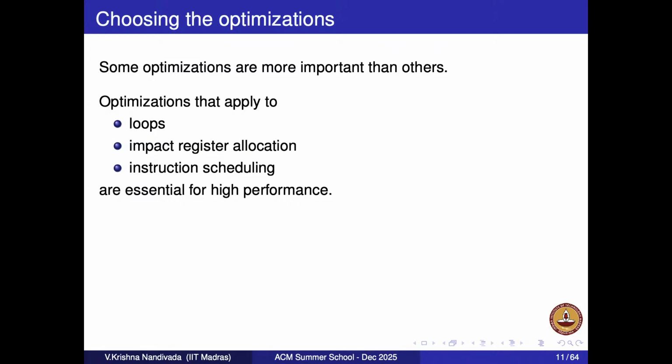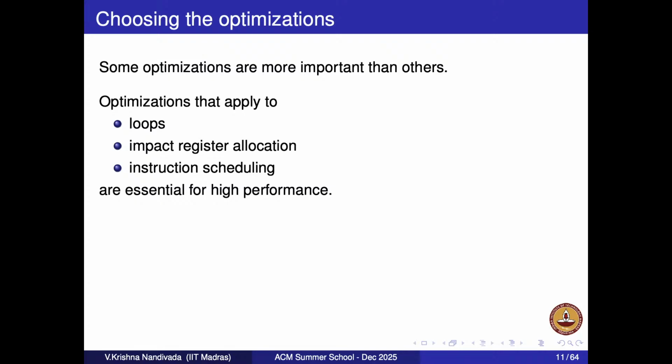Even though we keep saying optimizations, not all optimizations are the same. Some optimizations are more important than the others. You heard this one? All animals are created equal, but some are more equal than the others. No? Read this book called Animal Farm. Okay. So, the optimizations, if some are more important, right?